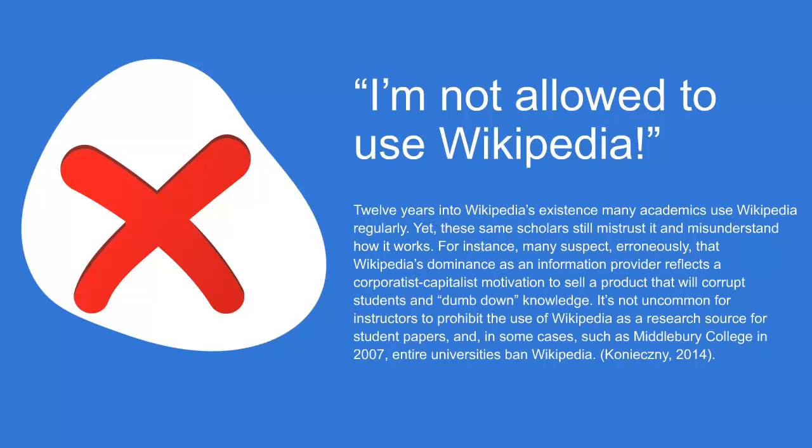Far from encouraging the dumbing down of students, as if such a thing could ever occur, Wikipedia has the potential to teach learners content as well as information literacy, or the processes of information seeking, knowledge creation, and the ethical use of sources.